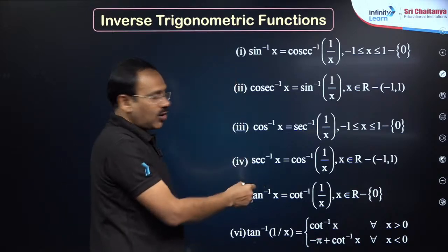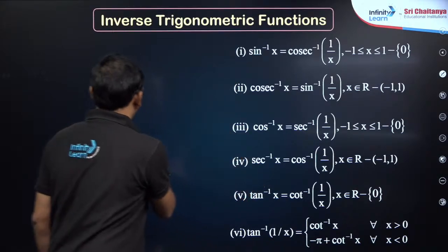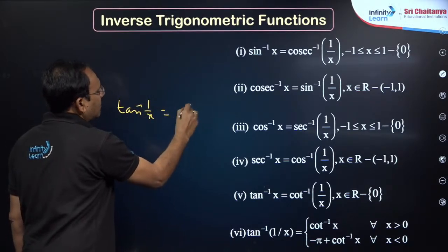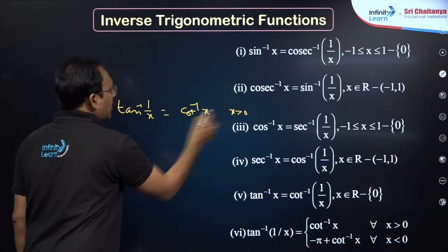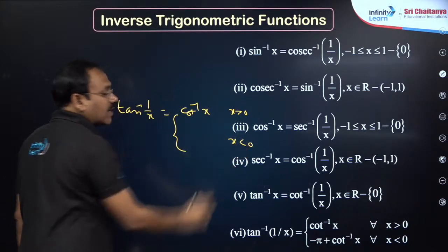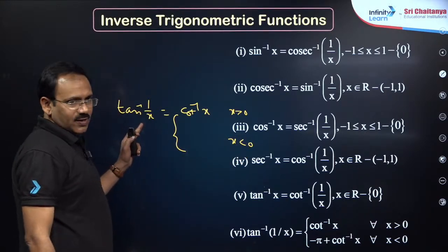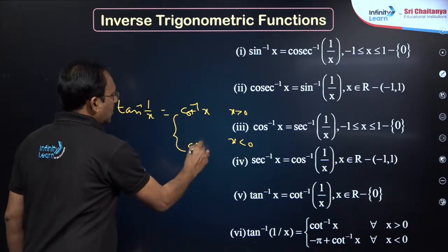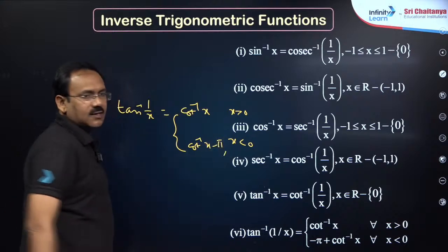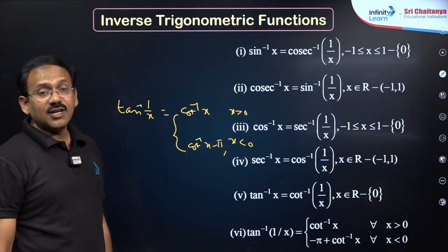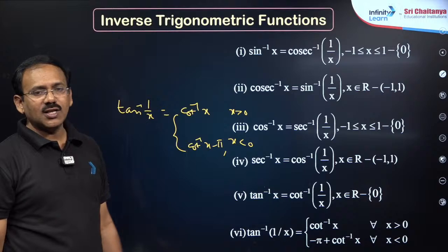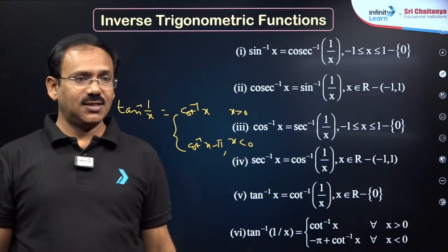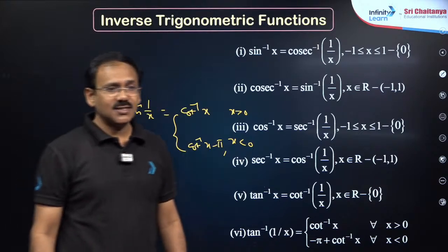Okay, next, sin inverse of x, you can always write as cosecant inverse of 1 by x. This result is true for all, but the tan inverse case is important, my dear friends. Tan inverse of 1 by x, you cannot write as cot inverse x as usual. If x is positive, fine, but if x is negative, my dear friends, you just put minus 1, this gives minus pi by 4, this is 3 pi by 4. So cot inverse x minus pi you will get. So when 1 by x is converted into x, in all the other trigonometric ratio cases you can write comfortably, but not in the case of tan inverse x. Right, dear students? Got my point?